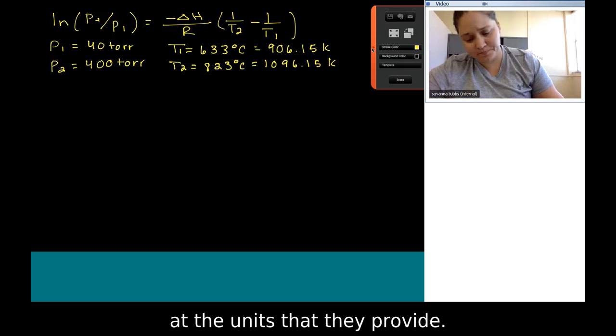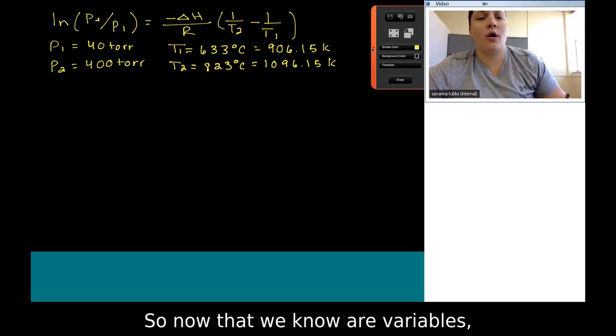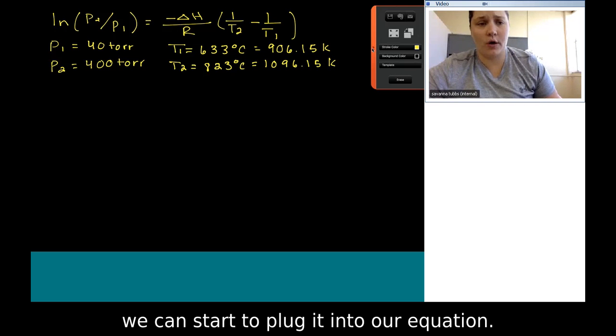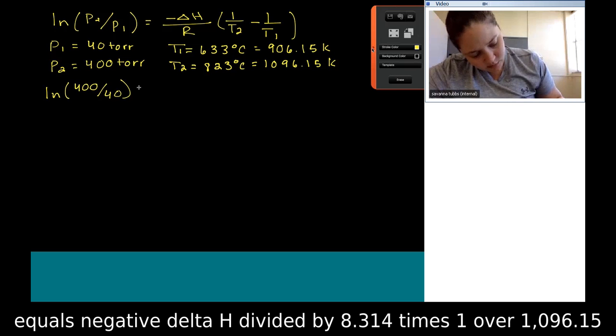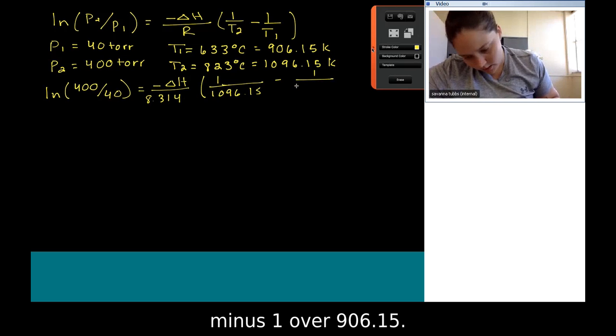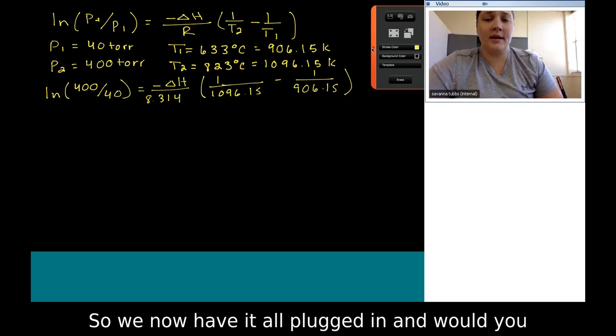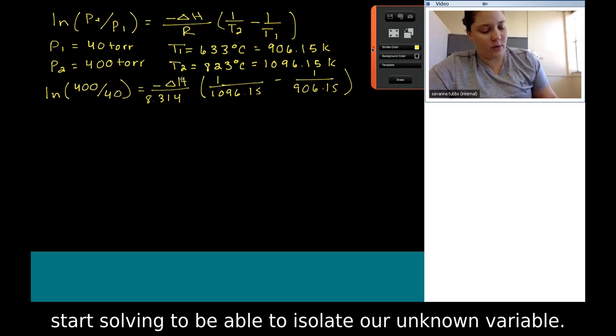units that they provide. All right, so now that we know our variables, we can start to plug it into our equation. So we have Ln of 400 divided by 40 equals negative delta H divided by 8.314 times 1 over 1096.15 minus 1 over 906.15. So we now have it all plugged in, and we can start solving to be able to isolate our